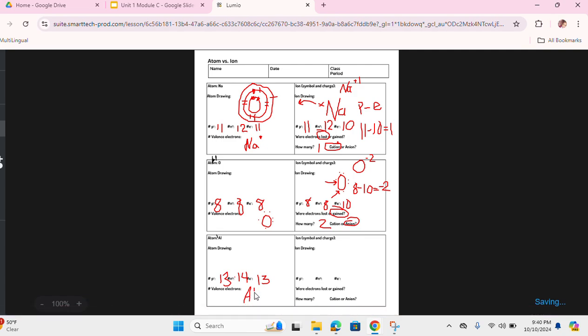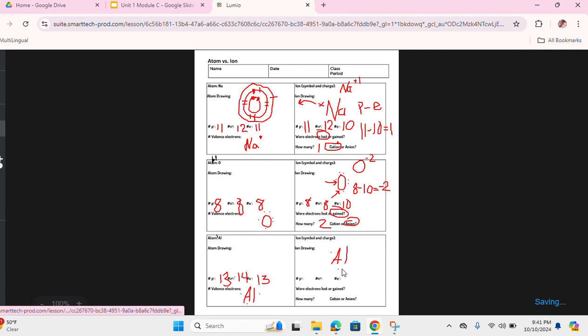So that metal is going to lose its electrons. We can also tell that it's going to lose the electrons because there's only 3 electrons on its valence shell. It'll be easier to give those 3 electrons away than try to find 5 more to fill its valence shell. So here I'm going to draw my aluminum, Al,